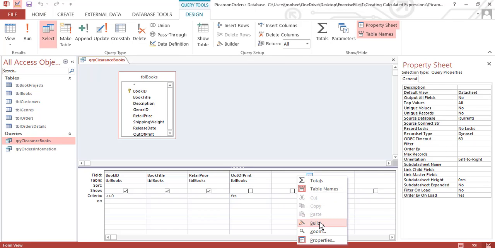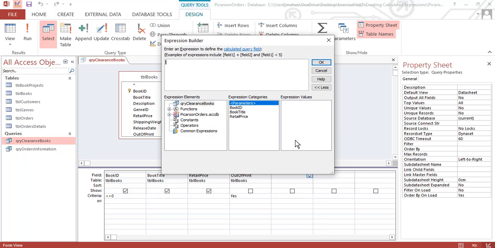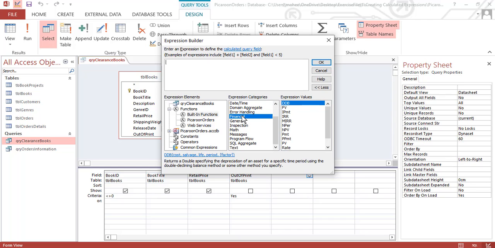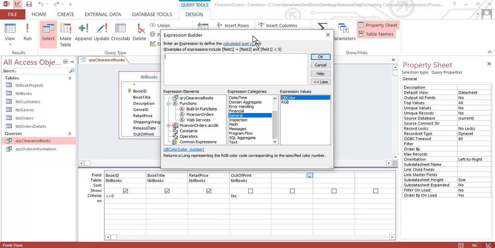To write an expression, we'll go to the expression builder. Now in this we'll also be learning how to write an expression in an expression builder, because this is the second method of writing an expression. The first expression we wrote directly in the query, and the second expression we are writing using the expression builder. Here we have a lot of built-in functions. When you click in the middle column and select a function, you can see the sub part of the function in the third column.